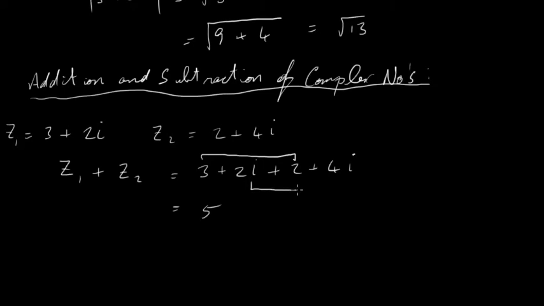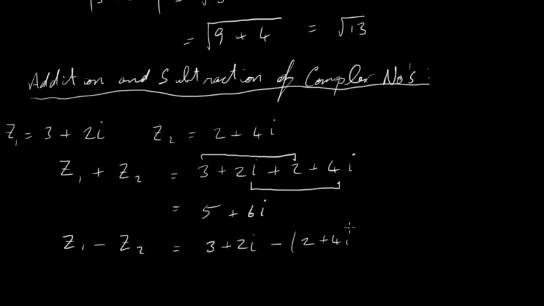We're going to take the two imaginary parts as well. So we've got 2 of these i's and we've got 4 of these i's. Plus 2 plus 4 will give us plus 6i. So when we add these two complex numbers, you just add the real parts, add the imaginary parts. Subtraction is exactly the same. So say we want to subtract those two, z1 minus z2. So it's going to be 3 plus 2i, and we want to subtract